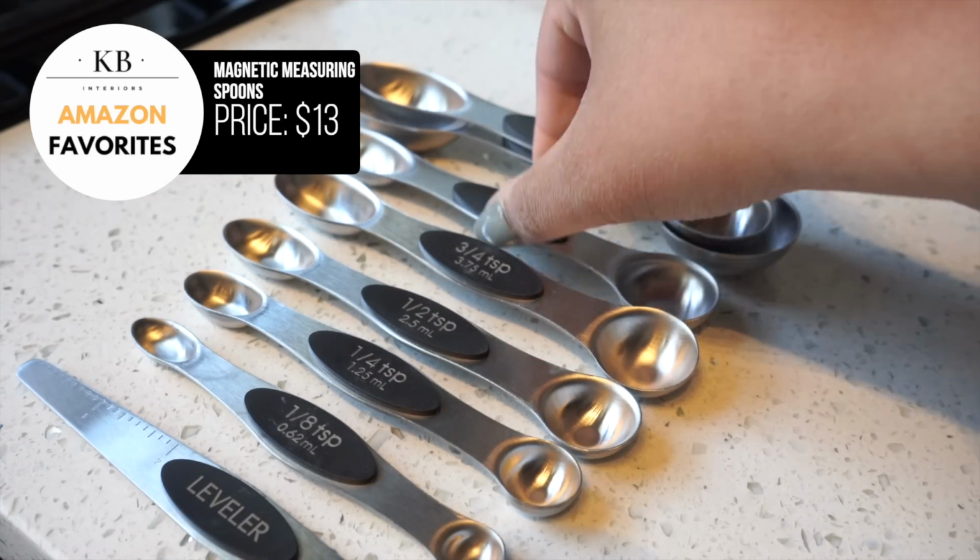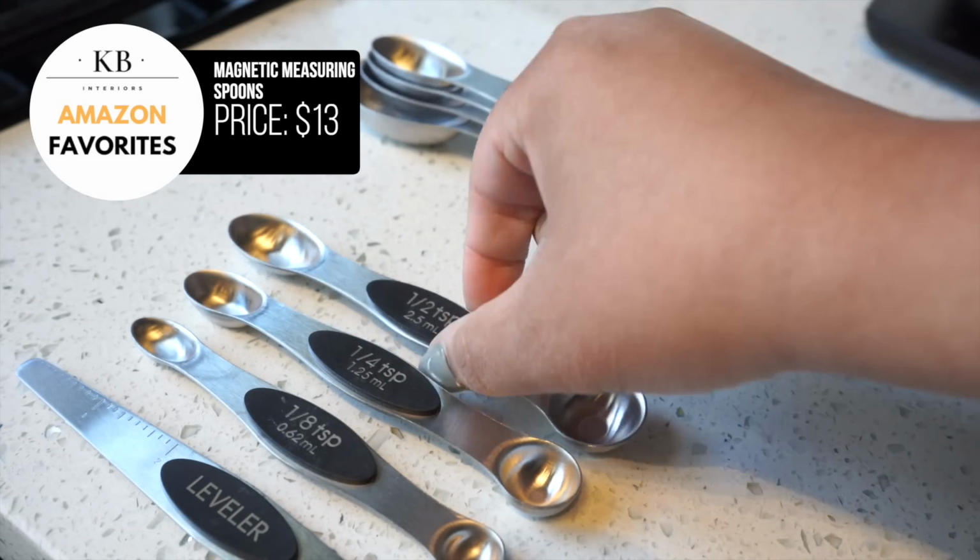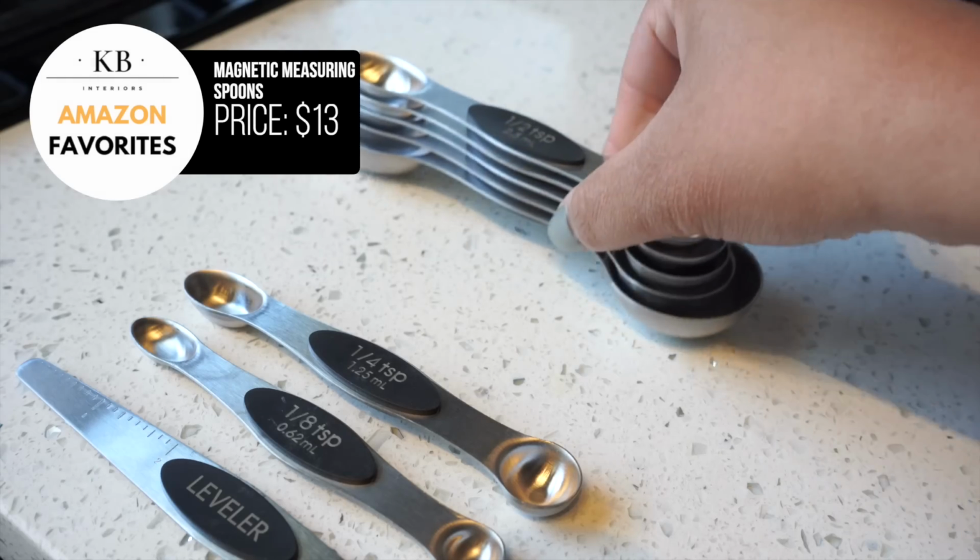Now, I told you I'm into baking now, so I love these magnetic measuring spoons. I love these because they take up less space. That's really what most of today's video is about. It's about space saving in the kitchen, because even if you have a big kitchen, it always feels like there's not enough space at all. So I love these stack on top of one another instead of